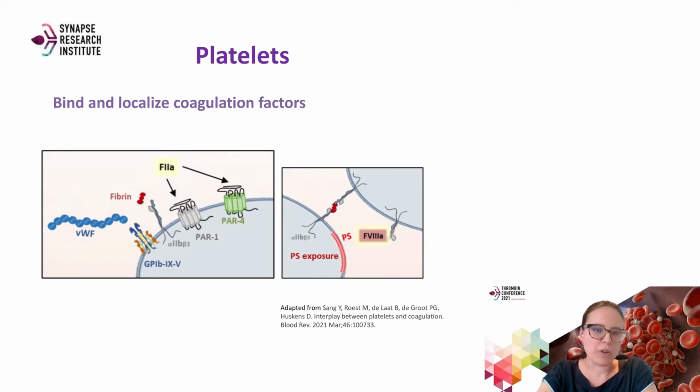So the binding of coagulation factors to receptors on the platelet membrane influences thrombin generation. Blocking of membrane receptors, such as alpha-2b beta-3 with abciximab, or inhibiting PS exposure with annexin 5, decreases the peak and the endogenous thrombin potential in platelet-rich plasma. Deficiencies in membrane receptors, such as a deficiency in GP1b alpha, as is seen in Bernard-Soulier syndrome, or deficiency in alpha-2b beta-3, as is seen in Glanzmann's thrombasthenia, also leads to reduced thrombin generation in platelet-rich plasma.